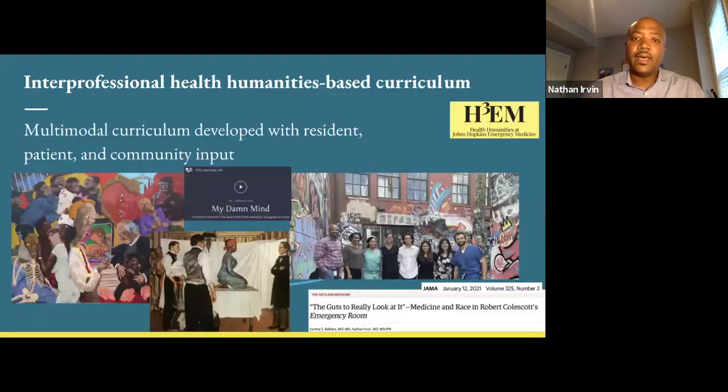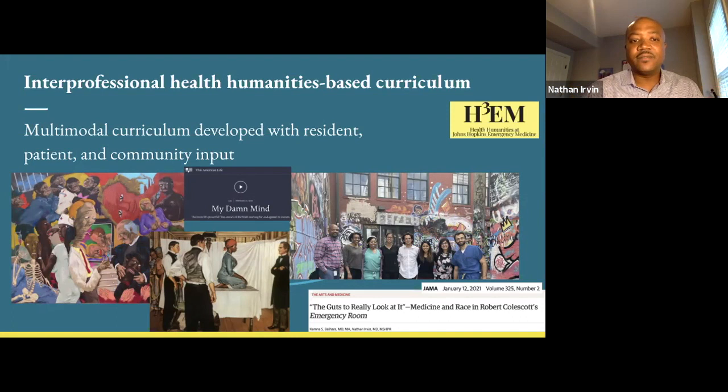So that's another thing you can do: partner with local community groups to get these things taken care of. At Hopkins, we have an initiative entitled the Center for Health Humanities at Hopkins EM, which Carmen and I co-direct. This year, our longitudinal curriculum has been focused on anti-racism. The health humanities is a discipline that blends the medical humanities and social emergency medicine to provide our residents and healthcare team members with the tools to understand and address the human experiences of health and illness, to see their patients as individuals within the context of a larger social community. We felt this was a natural fit for our goal of teaching anti-racism.